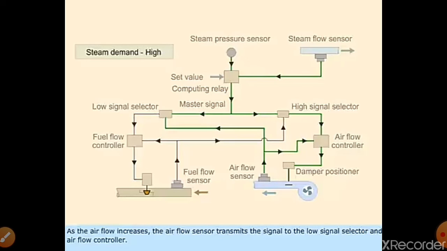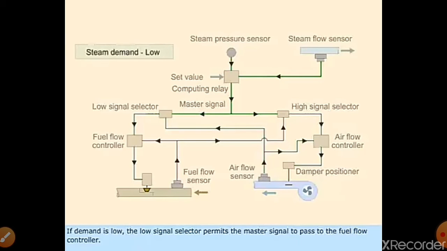Then the low signal selector gives a signal to the fuel flow controller, and the fuel flow controller increases the fuel flow by adjusting the fuel flow valve position. Now after that,